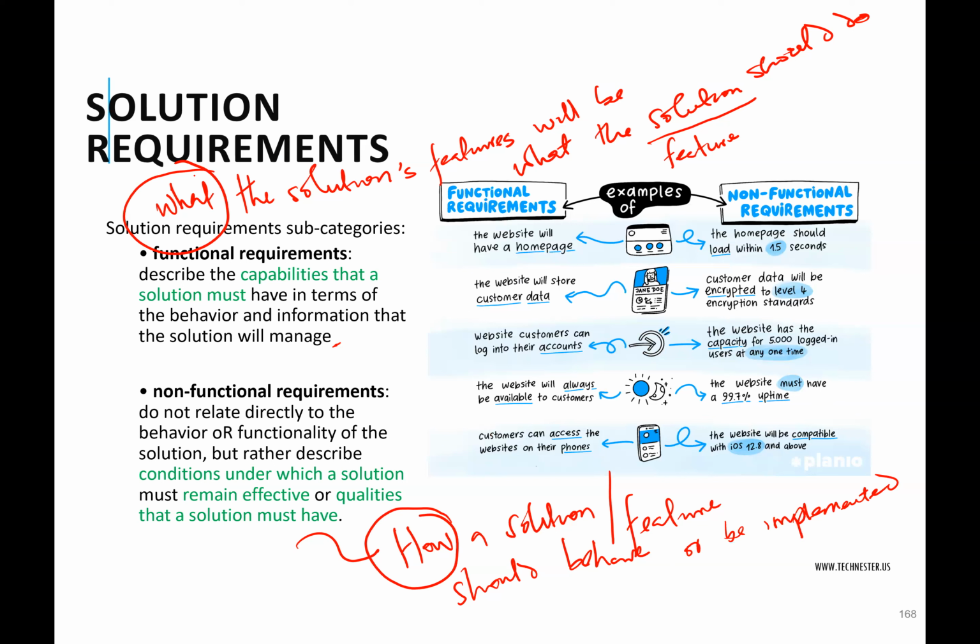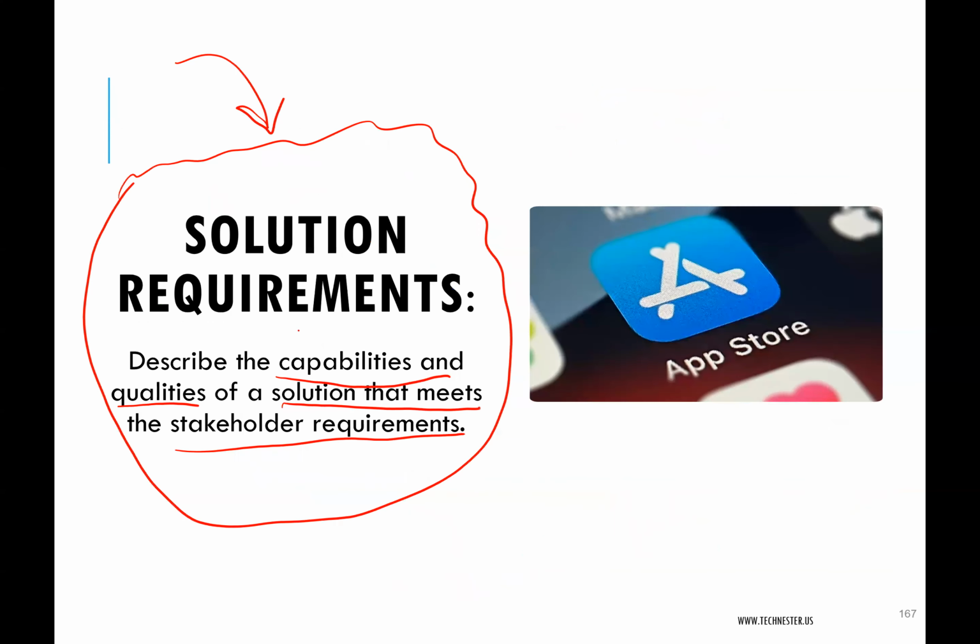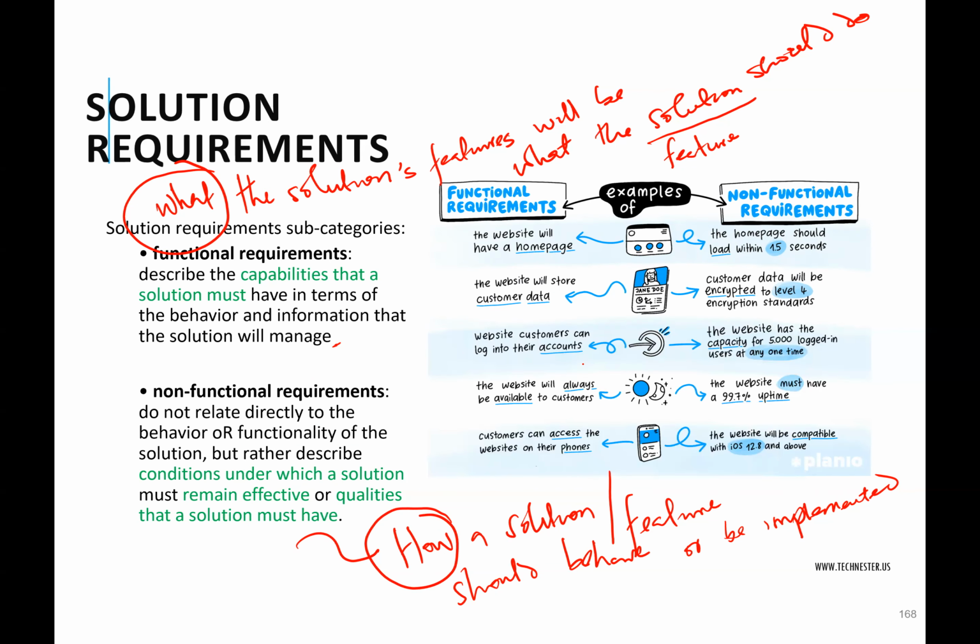Okay. Now, these two requirements are the most popular types of requirements. So when people are talking about requirements in interviews or real-world scenarios, some people only know two types of requirement, functional and non-functional. You see all these things about solution requirement, stakeholder requirement, business requirement. Some people in the industry, senior BAs, don't even know any of those things. They just know functional and non-functional requirements, and you should know those.